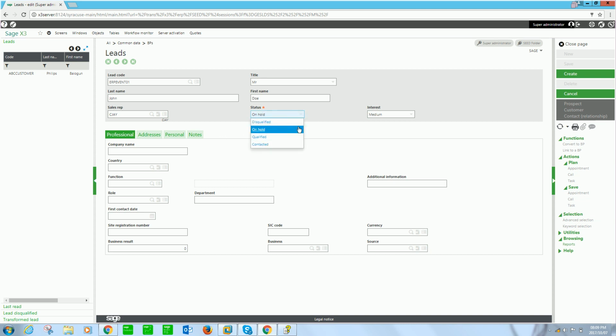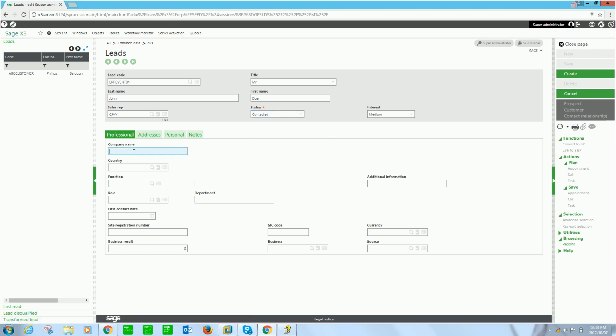Depending on the status you are with this particular rep or this particular lead, you can define that. So I'm only filling this after contacting the lead. So here I'm going to put contacted. Now if I want to add another field that says not contacted, I can as well do that on the Sage X3 system. So here I'm just going to say contacted,